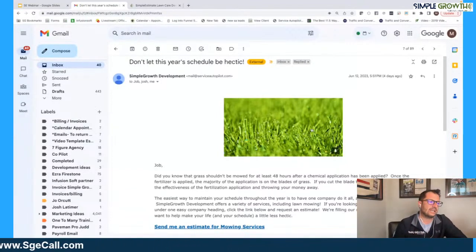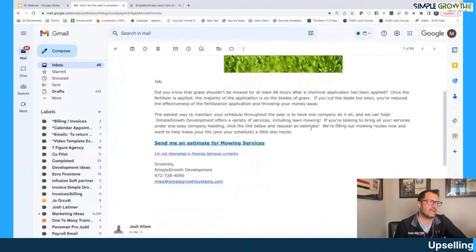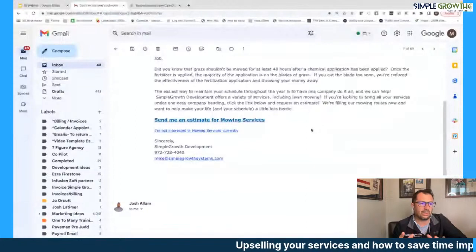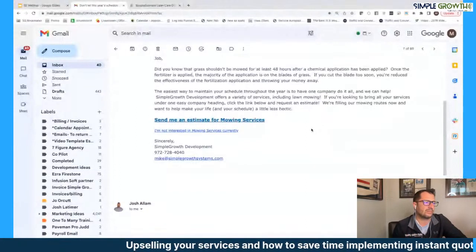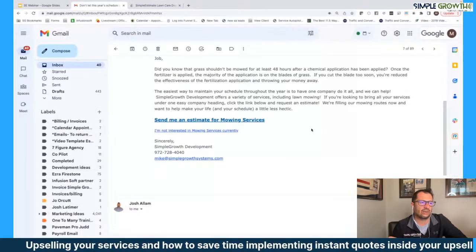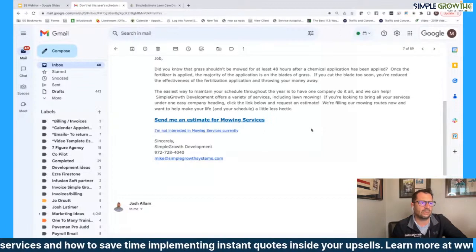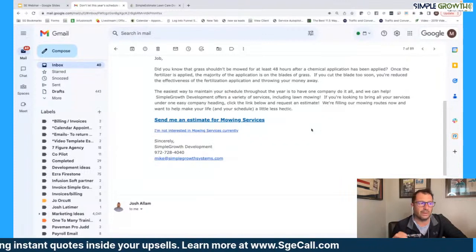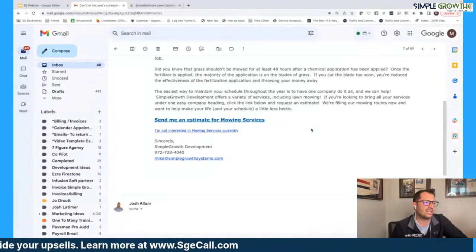So if you can't see it here, we've got an image, but it says, hey, did you know that grass shouldn't be mowed at least 48 hours after a chemical application has been applied? Once fertilizer is applied, the majority of the application is on the grass blades. If you cut the blade too soon, you reduce the effectiveness of the fertilizing application, throwing away your money. The easiest way to maintain your schedule throughout the year is have one company do it all, and we can